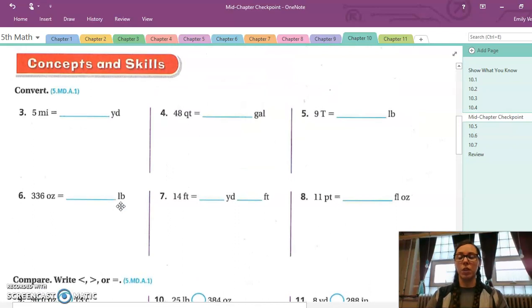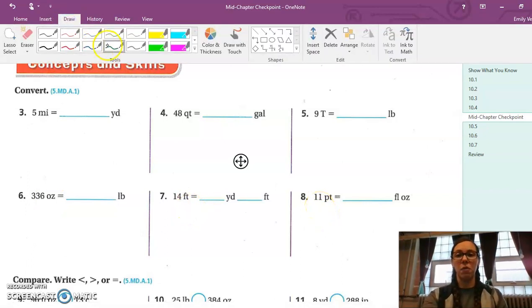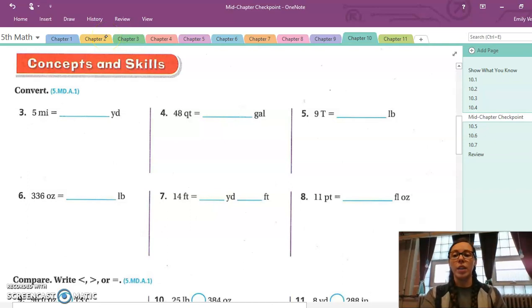That's what we're going to be looking at down here, is looking at those different units of measure. So the first one I'll help you with here on number 5 is we're converting miles to yards. So in order to figure out how many yards are in 1 mile so I can convert here, I have to know, am I measuring length, capacity, or weight? Okay, I know that miles and yards both measure how long something is, so we're going to be looking at